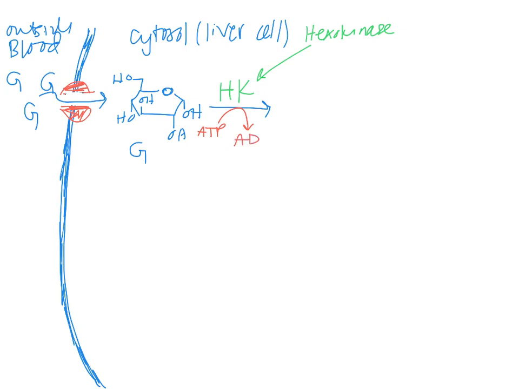So notice I'm putting ATP to ADP. So I went from a triphosphate to a diphosphate, which means I'm missing a phosphate. Hopefully you can see that I'm missing a phosphate. And the reason I'm missing a phosphate is because it's going to go onto the product to create